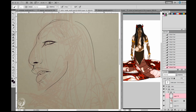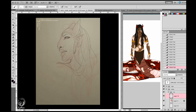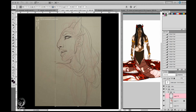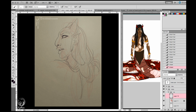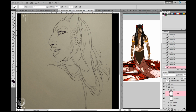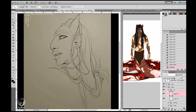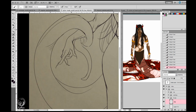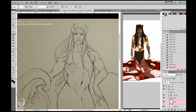So with this, I kept switching back and forth with the body and the head. The client wanted the front view, back view, and a headshot. And I really wanted the headshot too. So with headshots, I feel it's important to do a side view so you can really see the facial structure, because you can only see so much with a front view and flat coloring and no shading. So a side view in these type of character sheets where it's just flat color, I feel it's necessary to really get a feel of that character